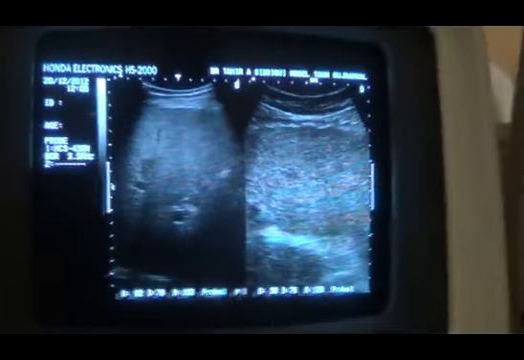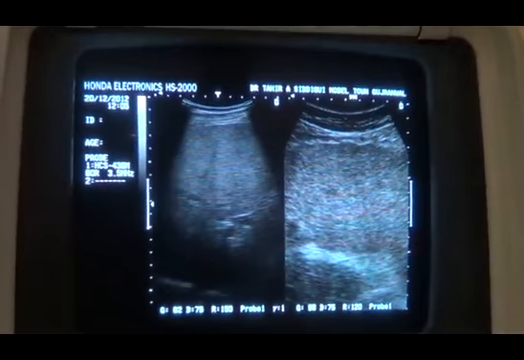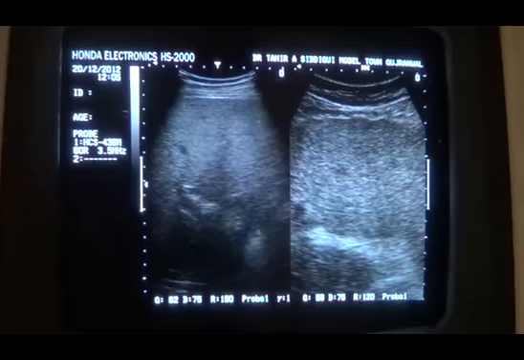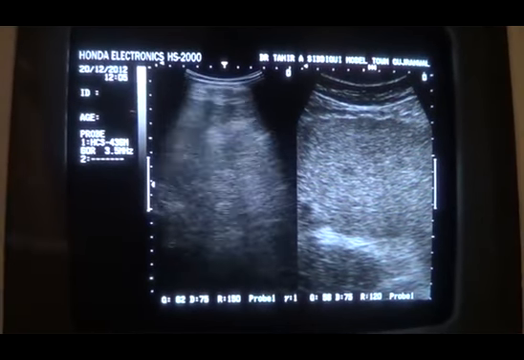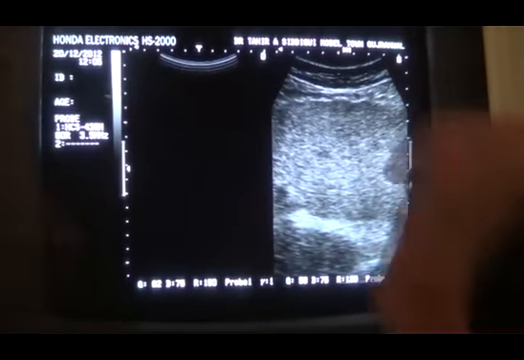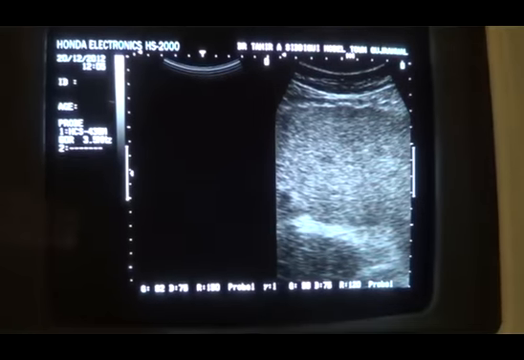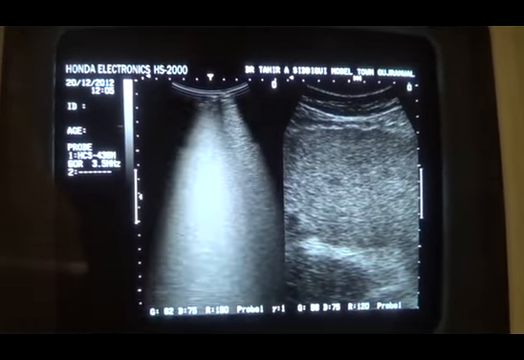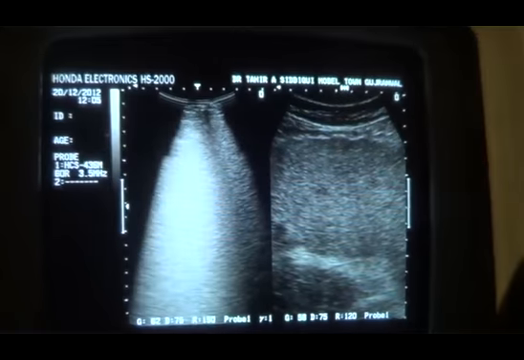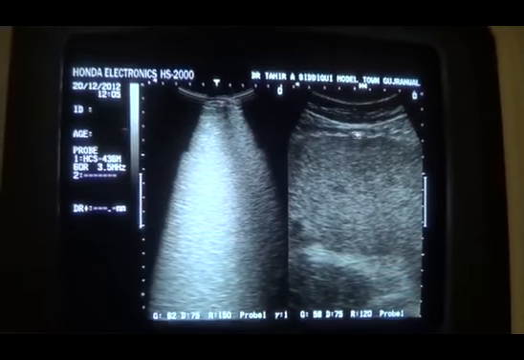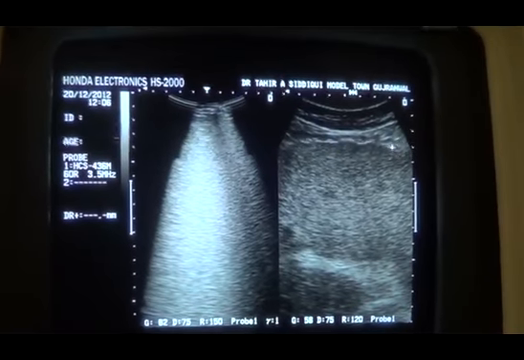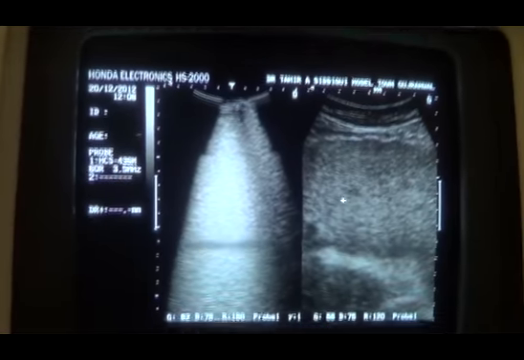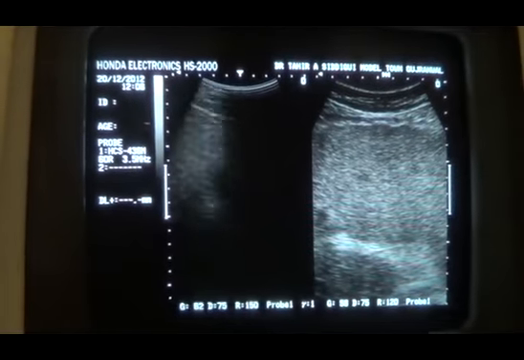This is a video segment to show you the difference between a fatty liver and a cirrhotic liver. You can see that on the right side of your screen is a cirrhotic liver, in the sense that you can see irregularity of the outer surface, diffuse increased parenchymal echogenicity, coarseness all over. And this is a case of